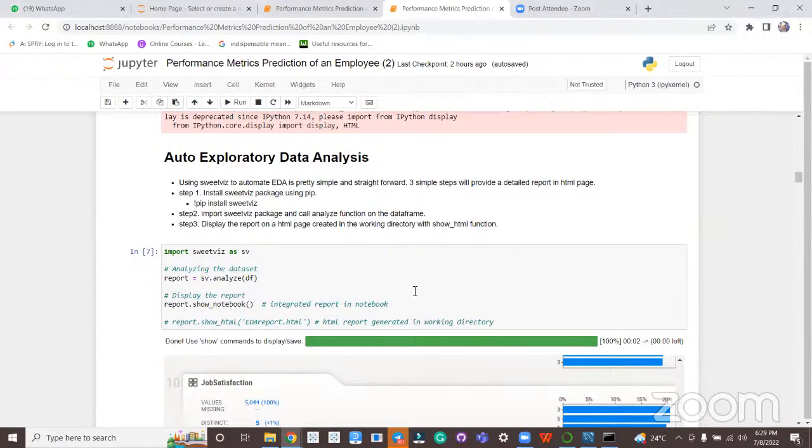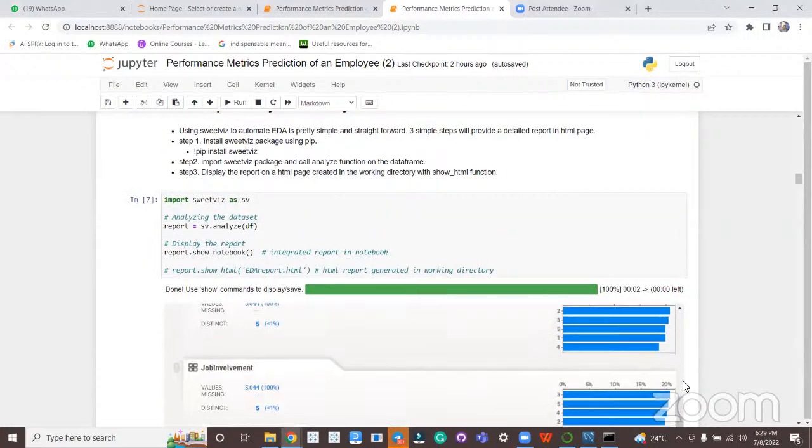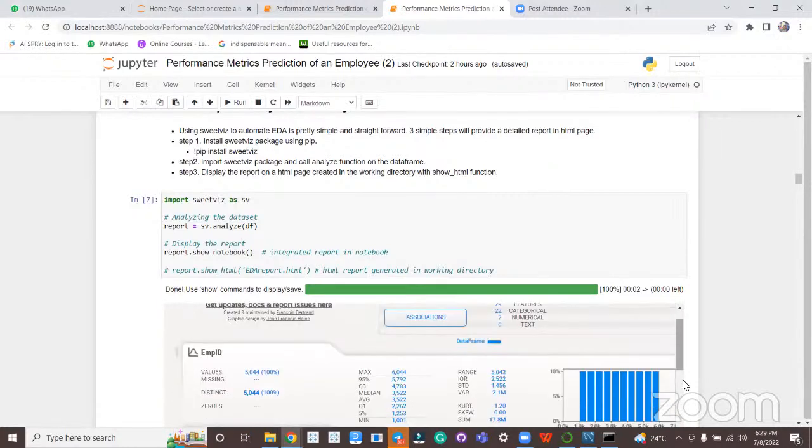All you need to do is install the SweetViz library using pip or Conda. Once the library is installed in our environment, we say analyze. All we have to do is pass the data set, and the SweetViz library is going to handle all the EDA that is required for each and every column of your data set.